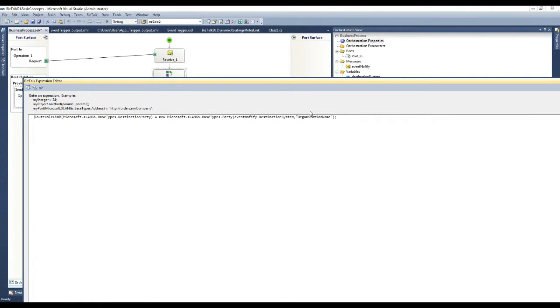We would initialize the role link destination party with the destination system value we receive on the event notification message.